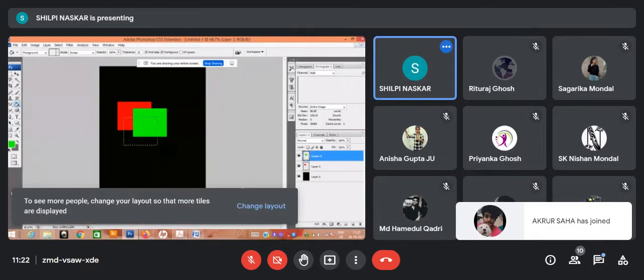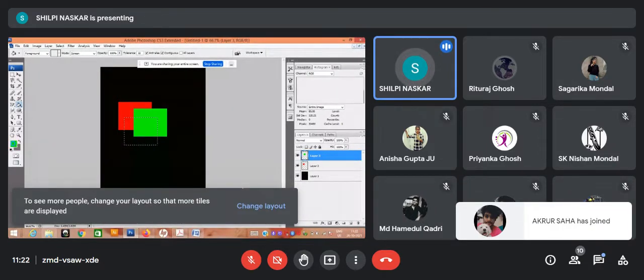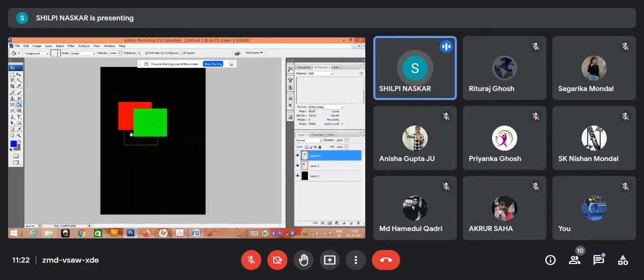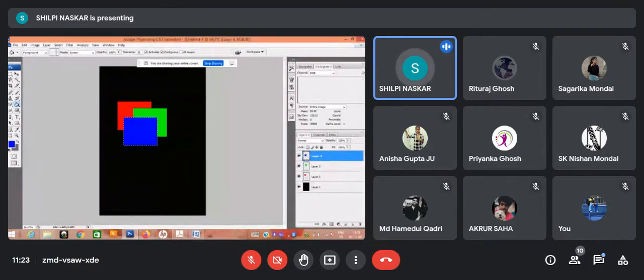Okay, now you'll be seeing the additive color effect. So for blue, here in the foreground color, I'm selecting R 0, G 0, and B 255. So blue has been selected. I'm taking this blue and filling this one. Okay, sorry. Control Z again because I have to create a new layer and then do it. Now each and every color is done. To deselect, press Control D, or you can go to Select and choose the option Deselect, if you remember. But the shortcut key is Control D.